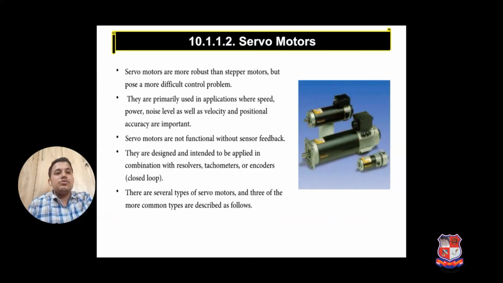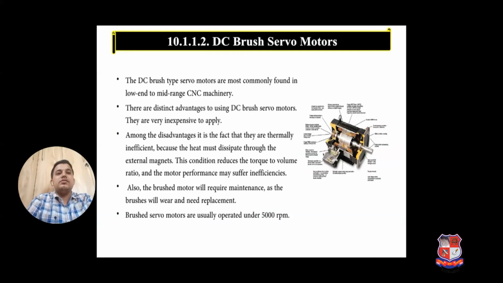Okay, so servo motors are also useful for the specific motion of the tables, and some revolution, and tachometers we are using to find out the rotation of the servo motors. Okay, and the DC brush motor is very less utilized in the CNC machine, but low power is found in the low end and the